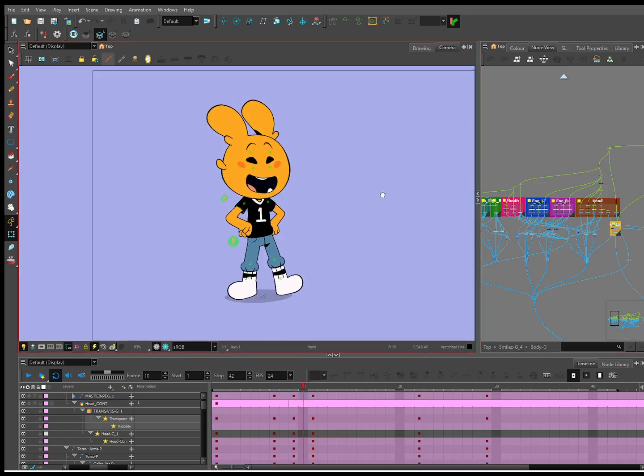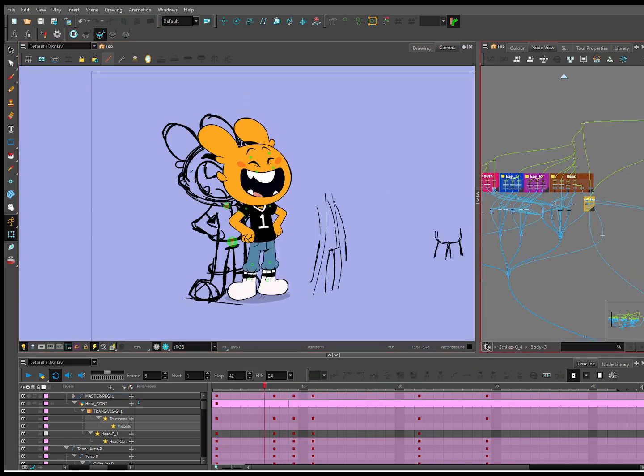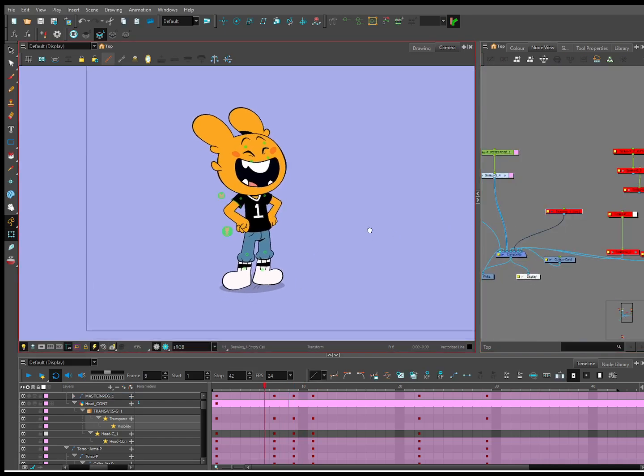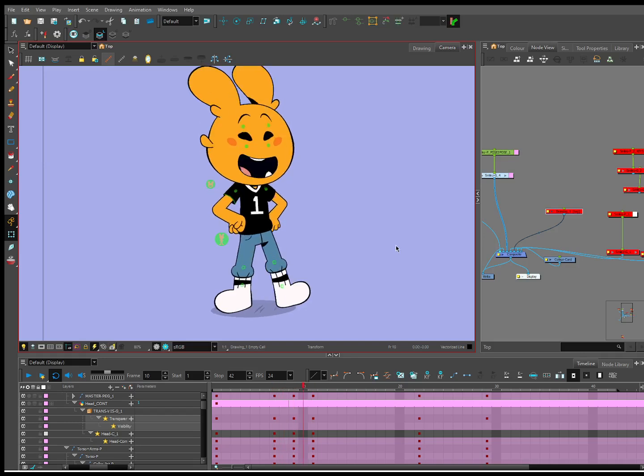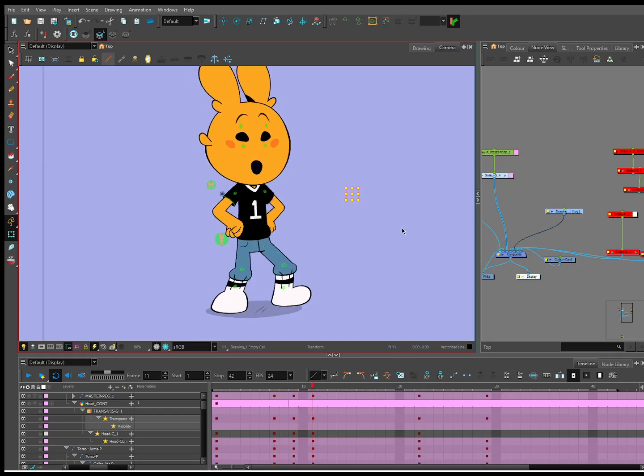Let me turn off that so you can see better. So these are things, I'm going to undo that because I want to actually flesh out a little bit more of the action before I do the drag. But these are the things that you can explore as you work on your animation.